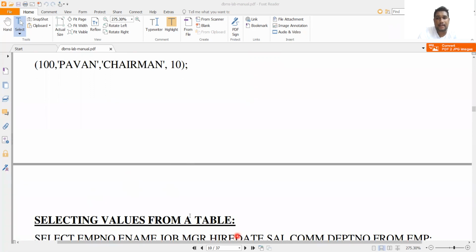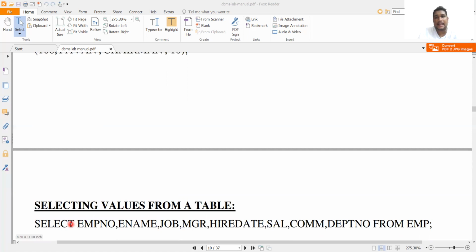Select is a keyword which is used to retrieve data in any table. If you use the table name, it retrieves that particular table's data.